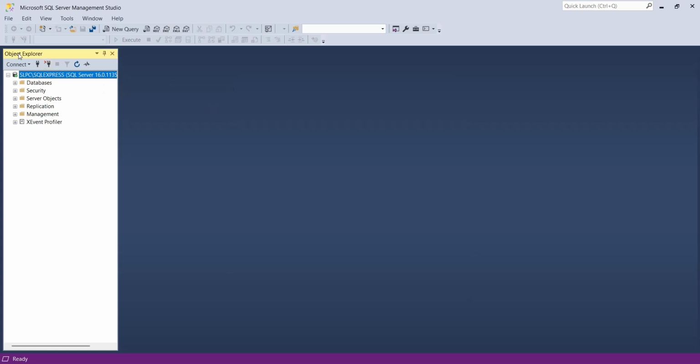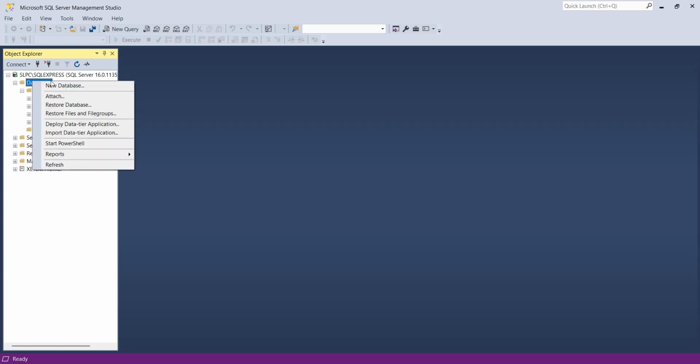So this is Object Explorer, which displays the servers and databases and their objects in a hierarchical form. There are some databases which are created at the time of installation. However, you can create your own databases, and to do that you right click here and click on the new database,